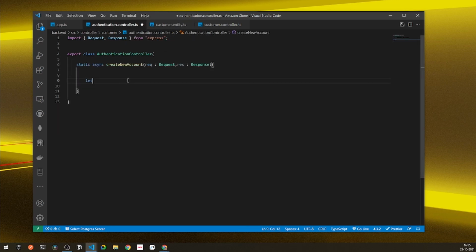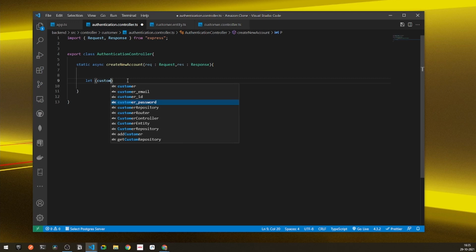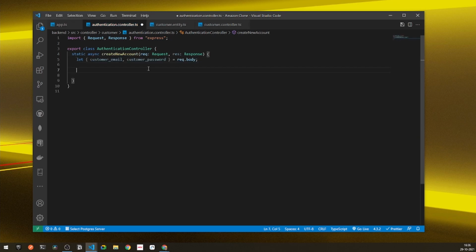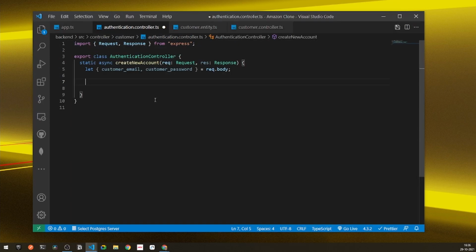So now what I'll do, I'll say let customer email and customer password should be equal to request.body. Right, we need to take the values from our body of the request. Right, so now what will be happening here, let me zoom in a little bit so it will be more clear to you. So now what will be happening here, first of all, we need to validate all of our